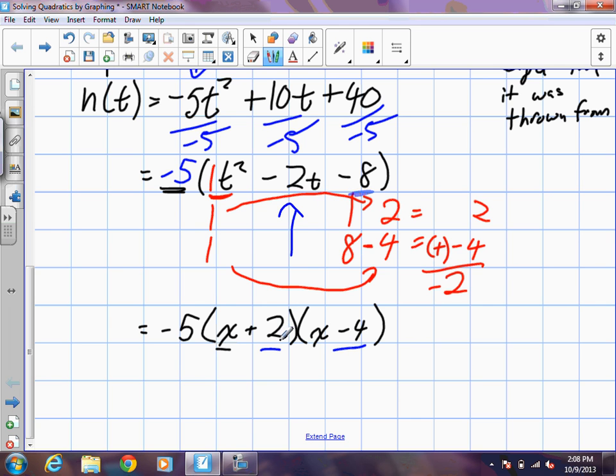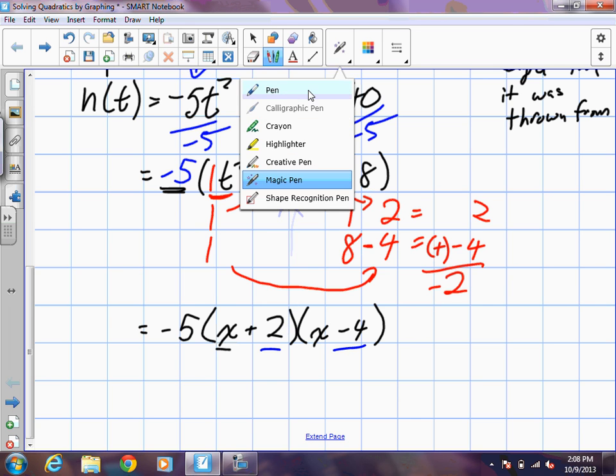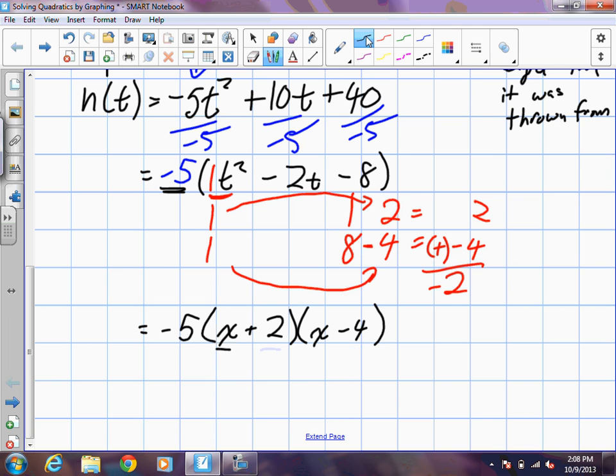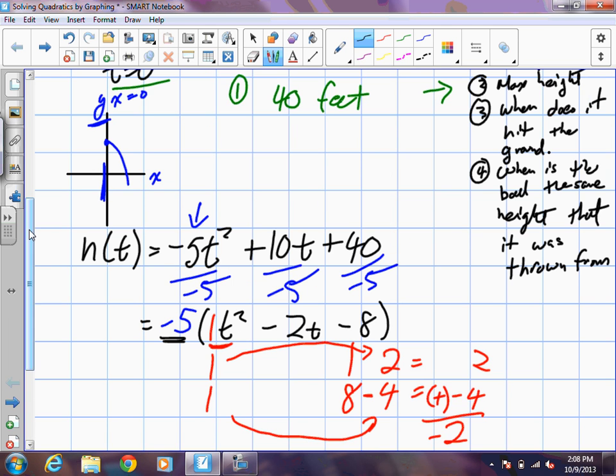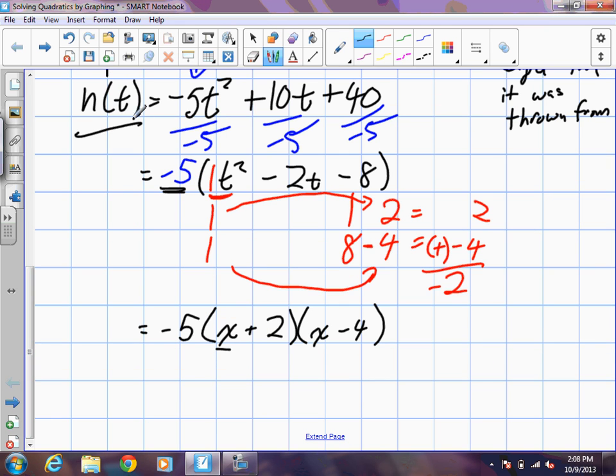Now, in order to find a vertex, we need to find some intercepts. And our x-intercepts, so when we cross the x-axis, is when y is equal to 0. So we're going to set h at t at a height of 0. Okay? So our y value is 0. Now this negative 5, I want to get rid of it, so let's divide both sides by negative 5. Does it change the 0? Still stays 0. But what does it do over here? That's right, it cancels out that negative 5. So we have 0 is equal to x plus 2,